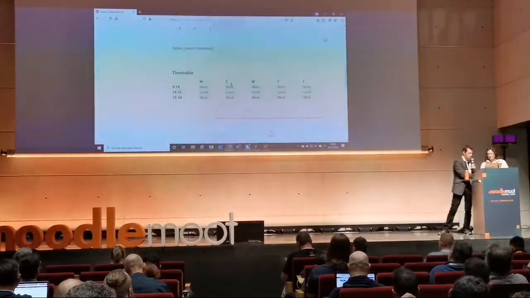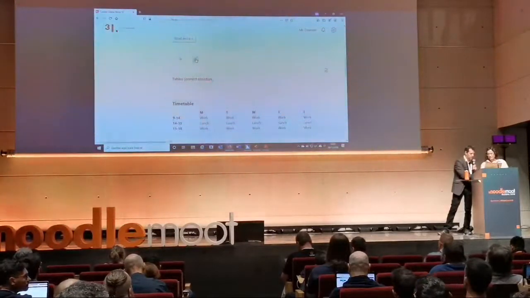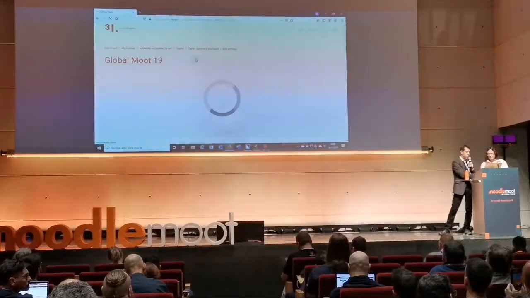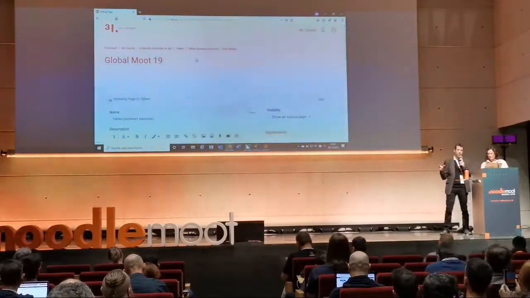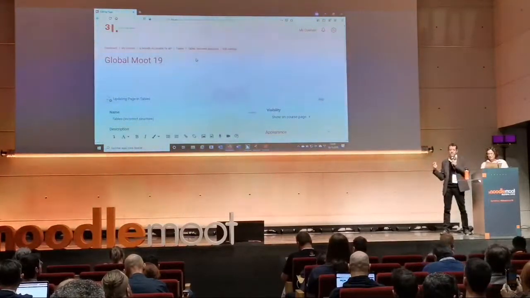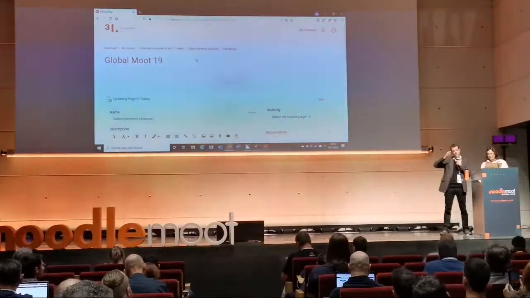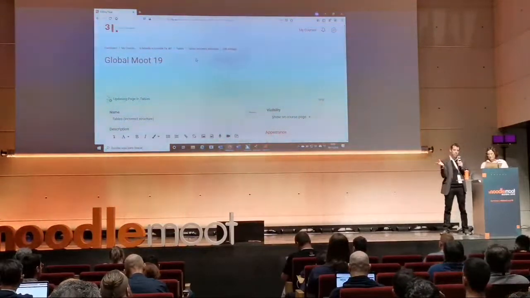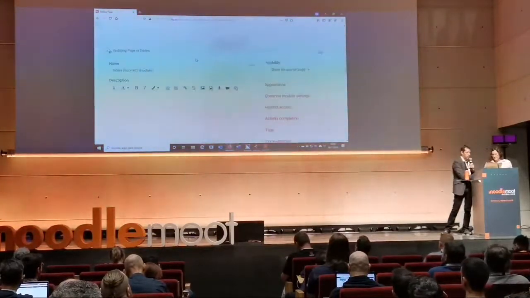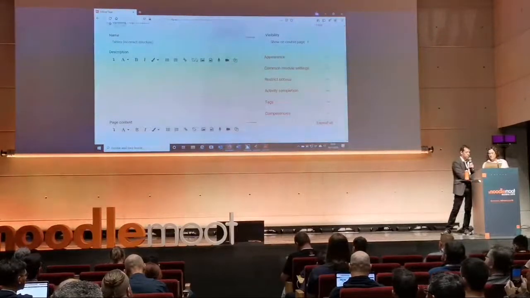So, how to add a structure to the table? It's very easy. You just have to select if the main titles of the table are in the columns, in the rows, or in both columns and rows. And then Moodle will add the titles automatically.